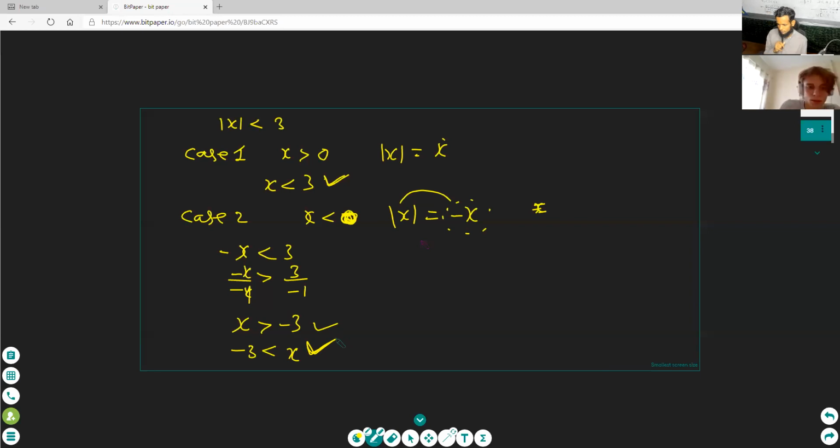Why don't you have another solution? Tell me in this form: in between there will be x, and here will be a number, here will be a number, okay? Good. Minus 3 less than x, x less than 3 is the solution of these types of inequality, okay? This is the mixture, which means this is an inequality containing the absolute value. Clear? Is this clear or not clear?